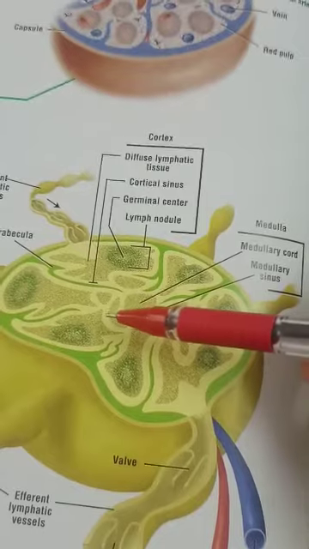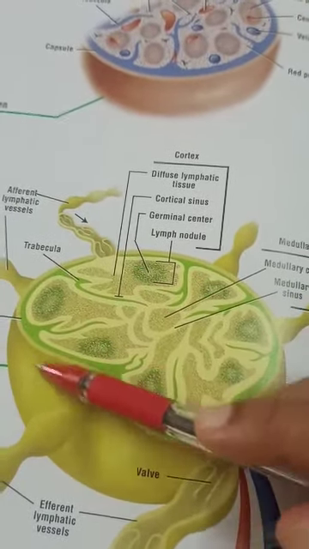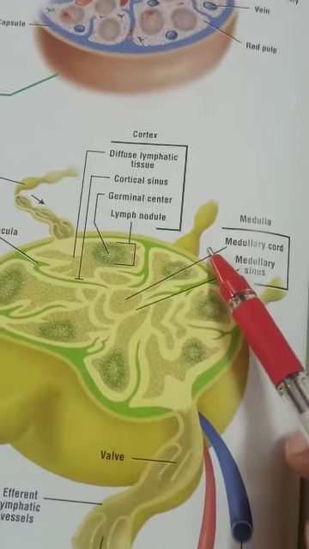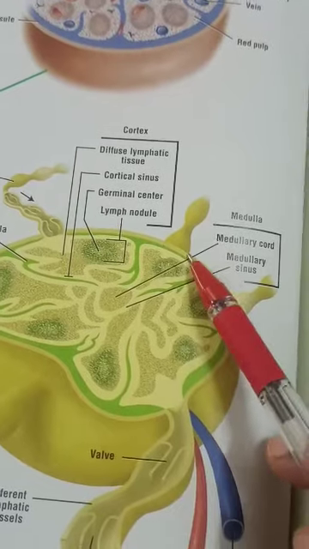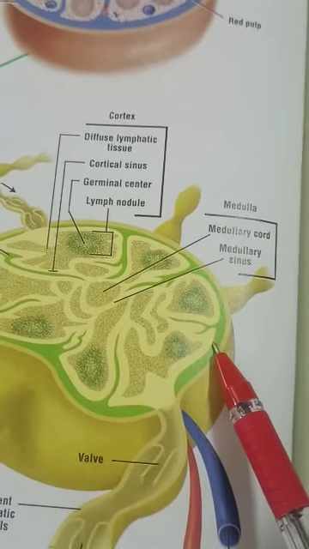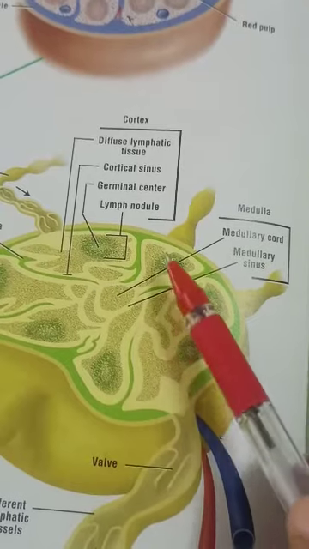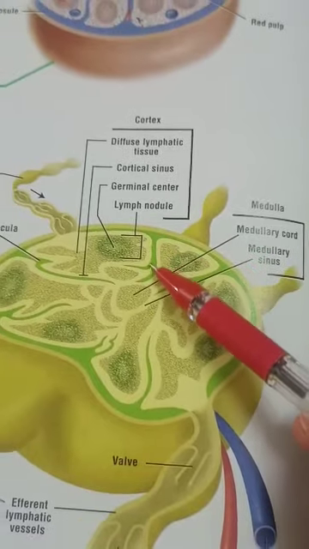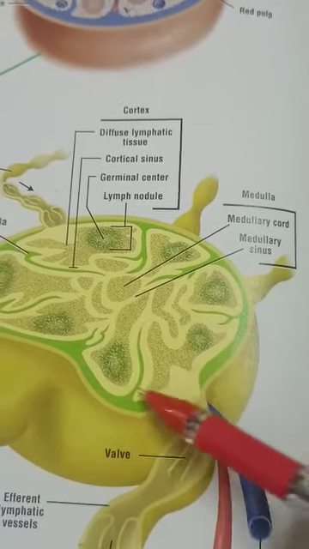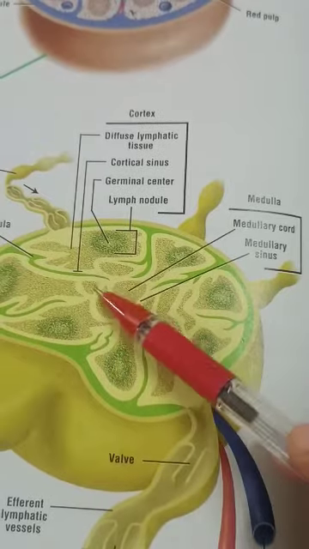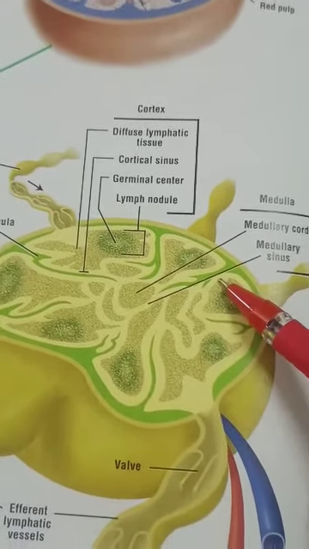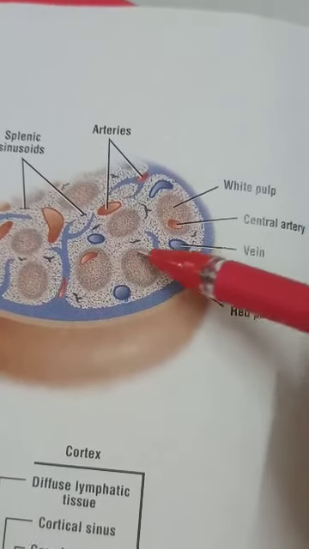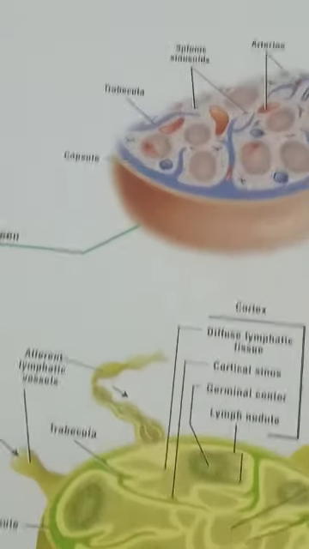The substance of the lymph node is covered by a fibrous capsule. There will be a capsule, the connective tissue which surrounds the lymph node, and the structure is divided into an outer cortex and inner medulla. We can see from the capsule arise septa. These are the septa that divide the substance into an inner medulla and outer cortex. The cortex contains small rounded structures which are known as, sorry, that is not